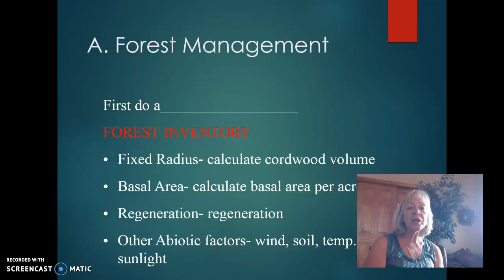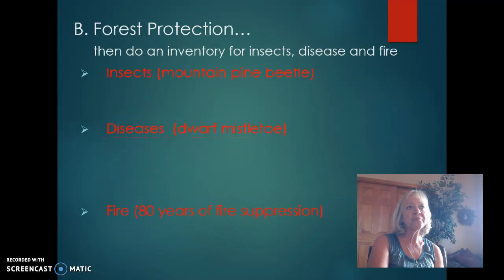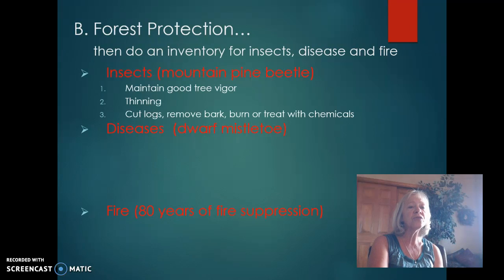We can do a fixed radius plot. We can calculate basal area, which is the density of the trees. We look at regeneration as our next crop of trees. And we also look at other factors such as wind, soil, temperature, and sunlight. We want to inventory for insects, disease, and fires, and some of the practices we might use are